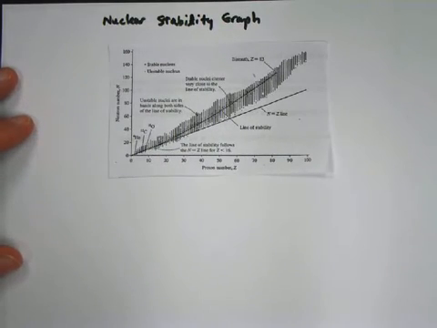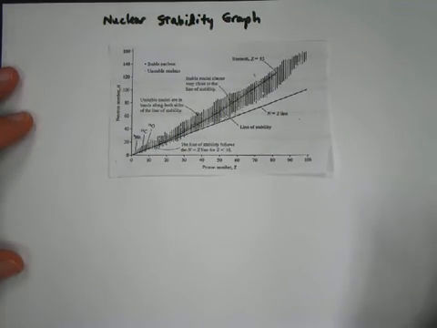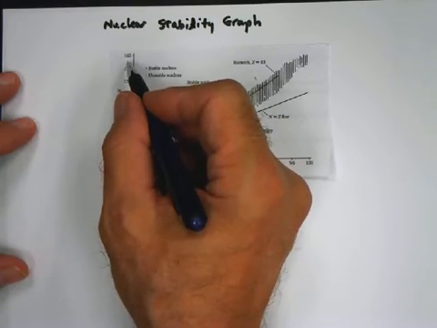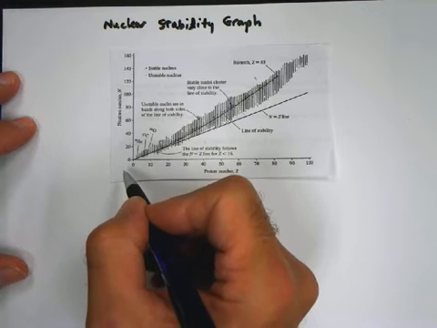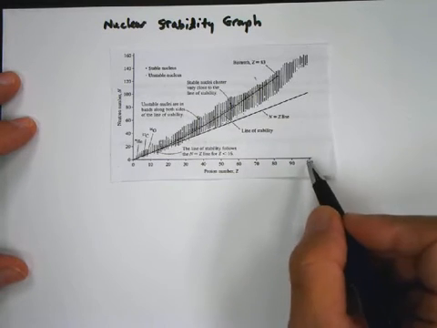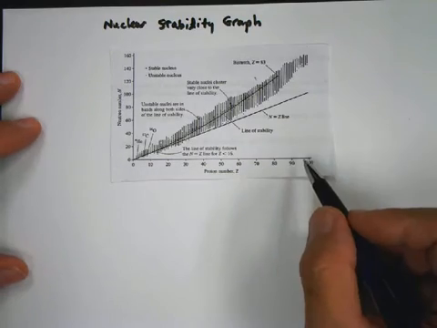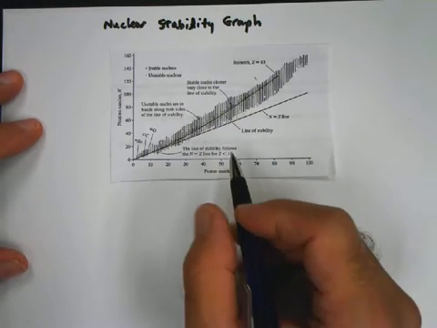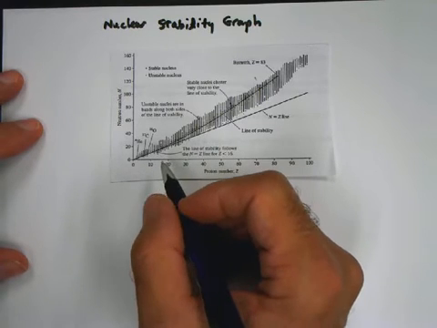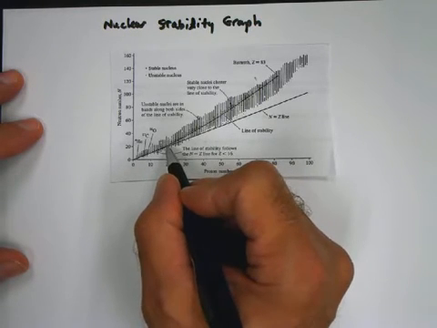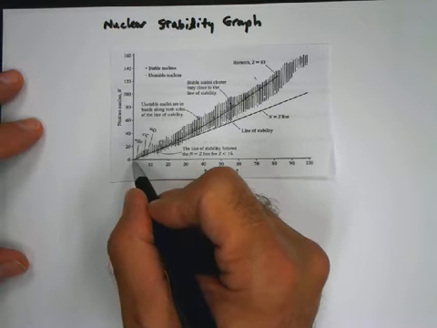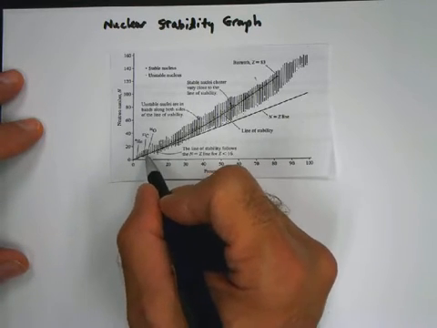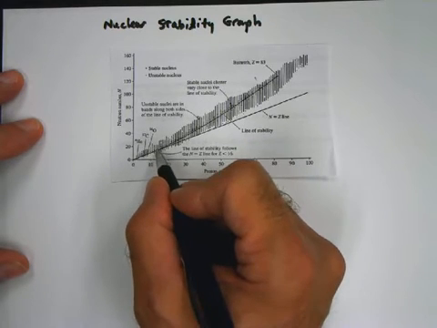Today I'd like to go over the nuclear stability graph. Here's what it looks like, and it compares the number of neutrons along the y-axis versus the number of protons, the Z number, along the x-axis. Now, for elements that have atomic number less than 20, they have about the same number of protons and neutrons inside the nucleus. So it's pretty much a 1-to-1 ratio, and you can see that they follow along this straight